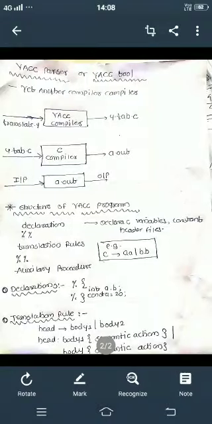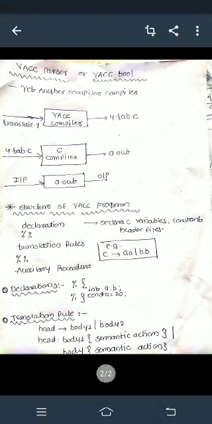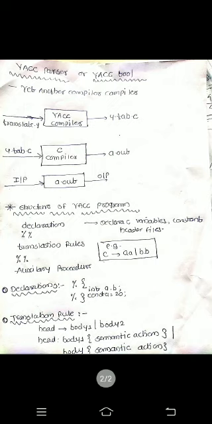Hello friends, today we are going to discuss an important topic of compiler design, that is the Yacc parser or Yacc tool. Yacc is nothing but "yet another compiler compiler", which is also called the Yacc tool. The Yacc parser is used to generate or construct a parse tree from the given tokens. What is a token? A token is nothing but a category or class given to the input string, that is identifier, constant, etc. But the responsibility of the parser is to construct a parse tree from the given tokens.